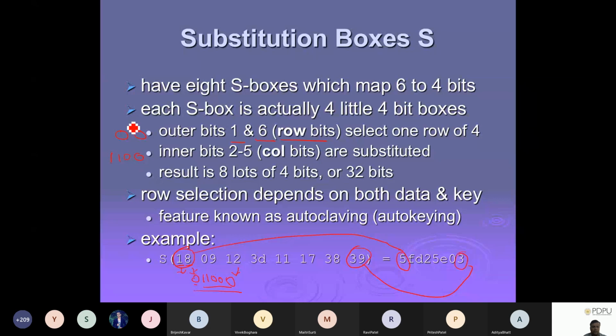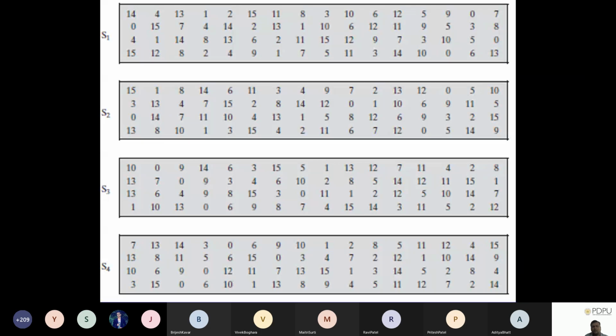1100. Okay. So this is my column number and this is my row number. Anyhow, I have to convert them into decimal, right? The reason is that these are my S-boxes, and you can see these are fixed. This is my S1, S2, S3, S4, similarly S5, S6, S7 and S8. Now we have to map the row and column numbers, so of course we require the decimal conversions.